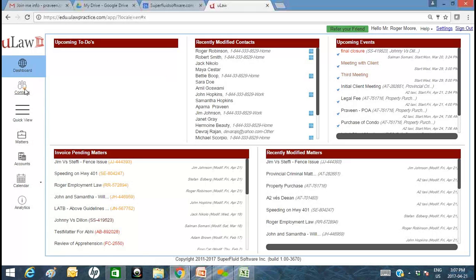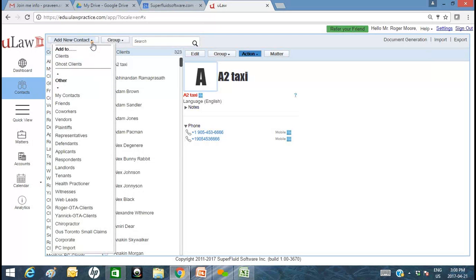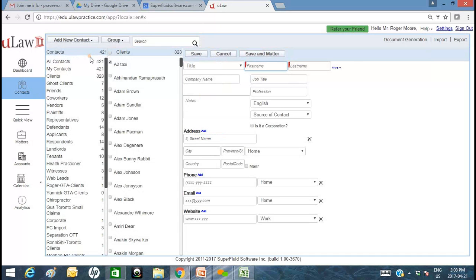As you're aware, almost the first step to anything in uLaw is the ability for you to intake a client, because it all starts with your client, and you're obviously going to create a matter for a specific client, and that client could be an individual, could be a corporation, etc. So let's go ahead, and instead of creating one, I'm going to quickly add one. So say add new contact, and to my clients group,